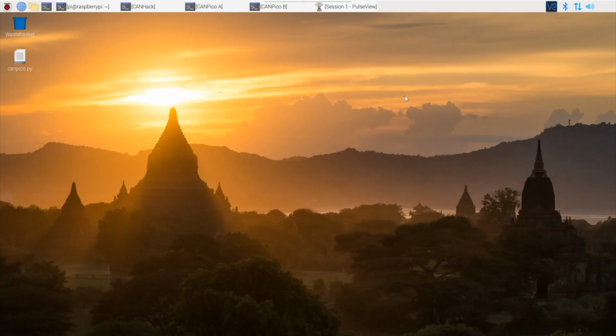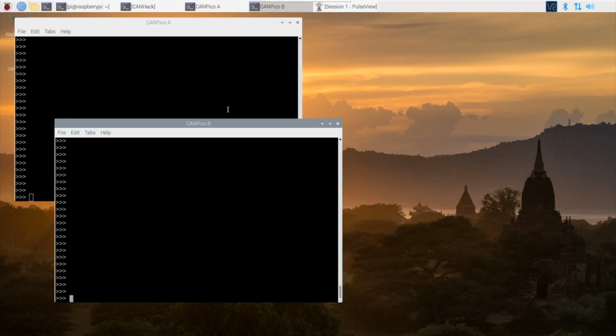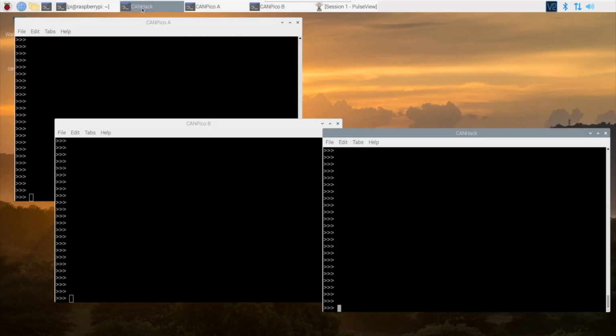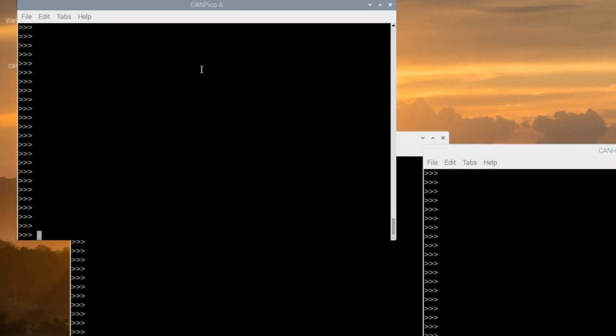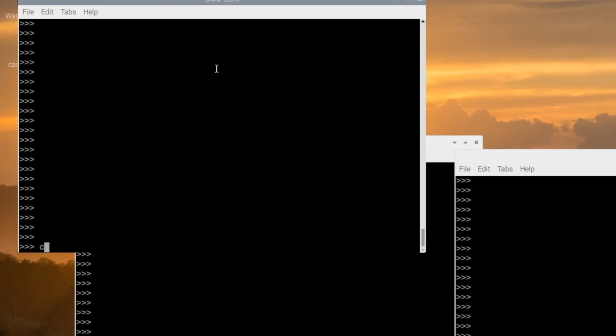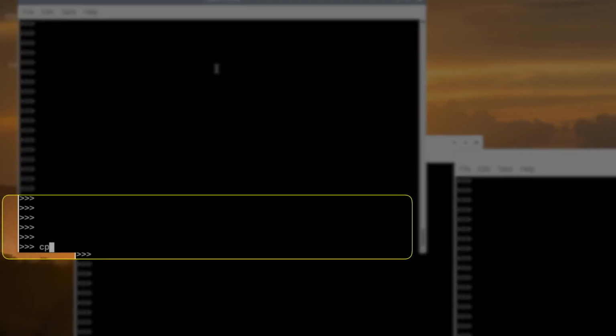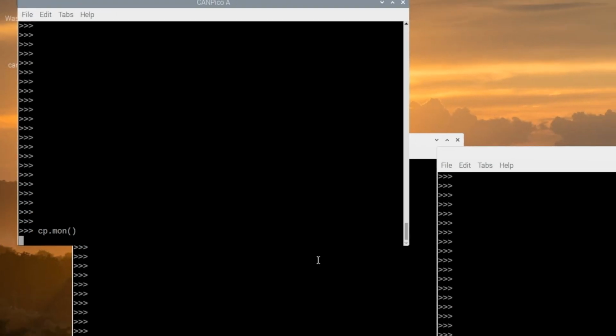To demonstrate an error passive spoof attack, we need our two CANPico boards and the CANHack board. From the first Pico board, which we will use as a monitor, and with our friendly CANPico library, we'll just run the monitor program.